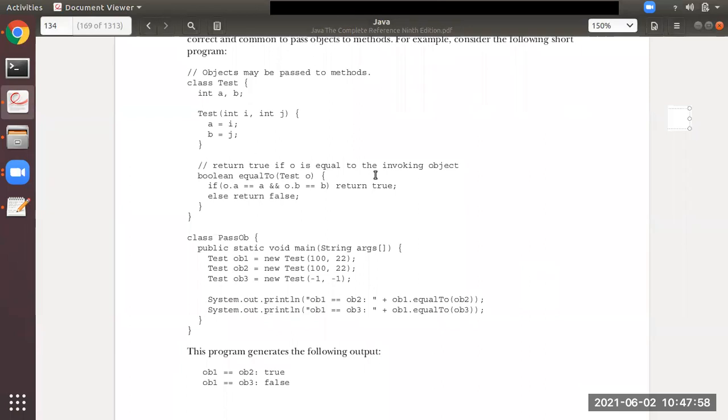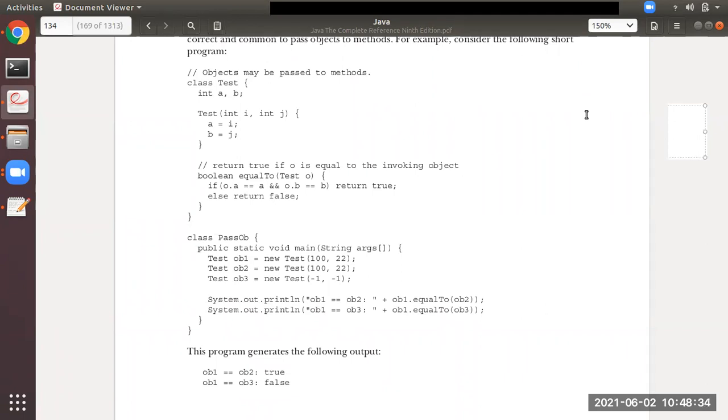So as I said, from here ob1 will pass the value 100, 22. So ob1 has got a equal to 100 and b equal to 22.